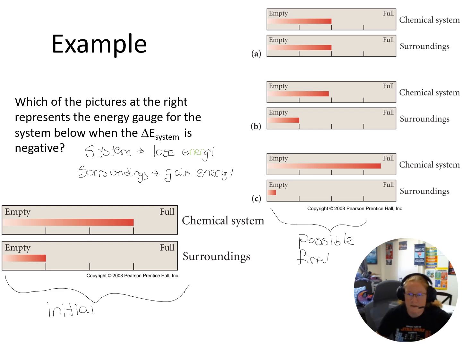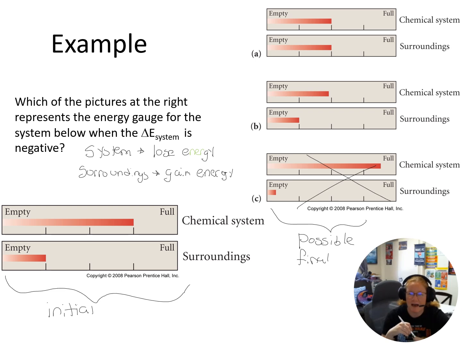Okay, so is there one that we can rule out right away? Yeah, if you said C, that is correct because the system goes up in energy and the surroundings go down. Okay, so we're going to rule out C. Okay, that leaves A and B. Well, if I look at A, my system lost energy because we started off at 3 ticks and now we're down to 2. And B, we also lost energy. Okay, so those look good so far.